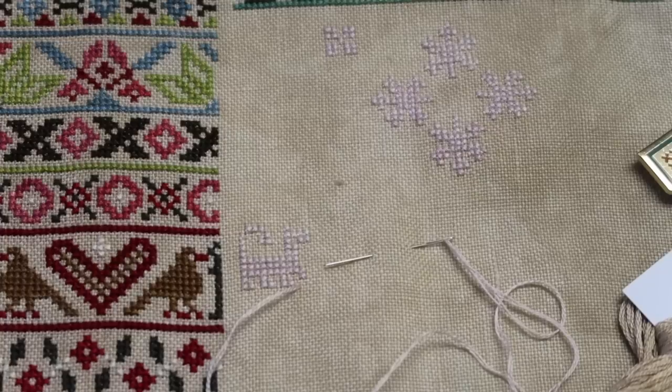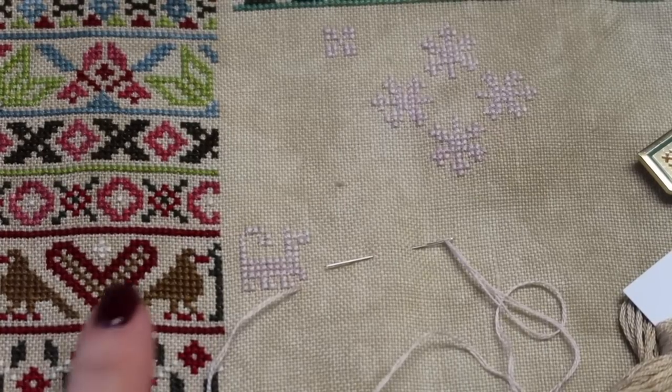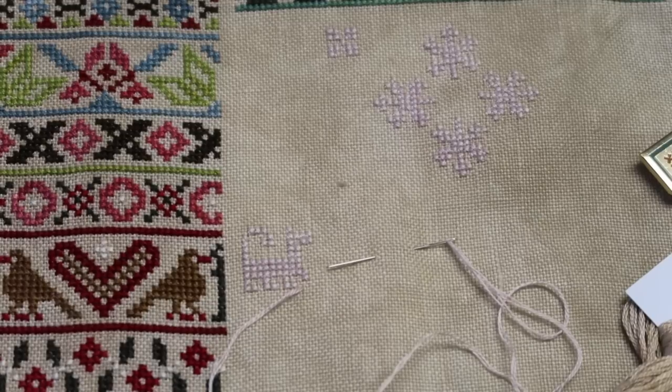But look at my dog's legs. They are one stitch too short. They should be 3 stitches down and not 2. So I need to take those little dog legs out and restitch them. So anyway,